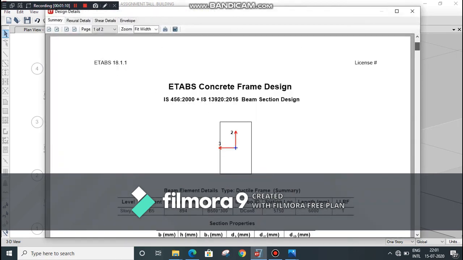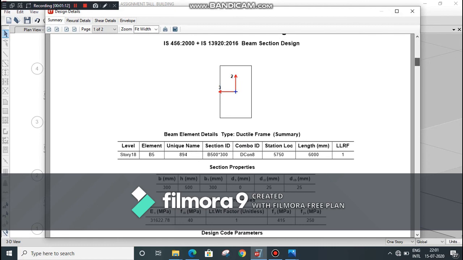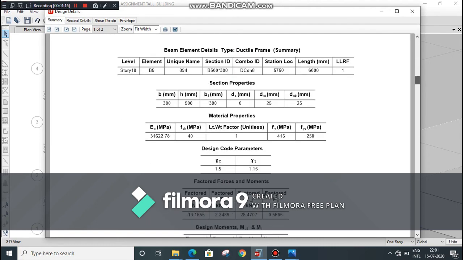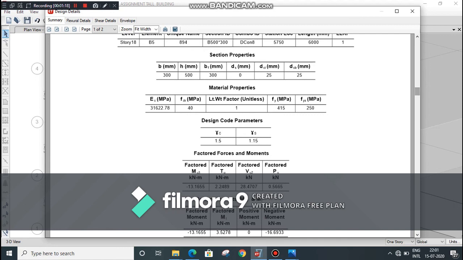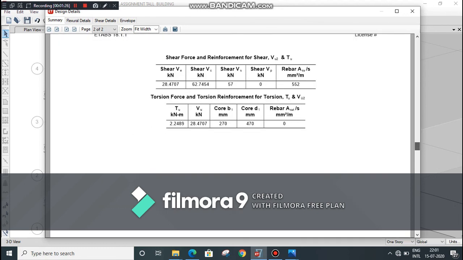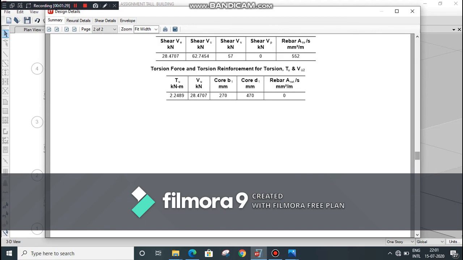Now you can see here the reinforcement section properties, material properties, design codes, all the information regarding the corresponding reinforcement has been shown here. Minimum bar, required rebar, etc. Torsional force and torsional reinforcement for torsion have been shown here.